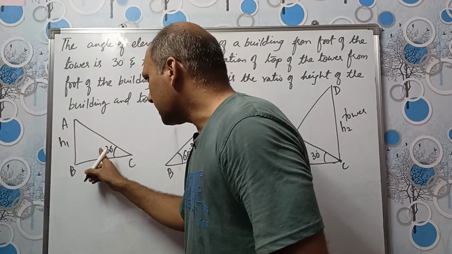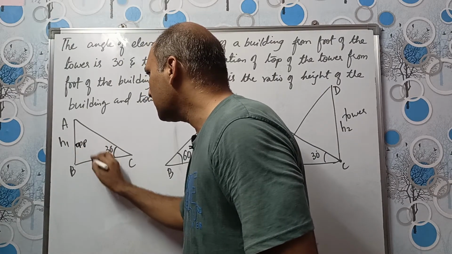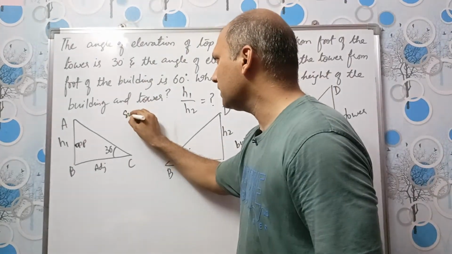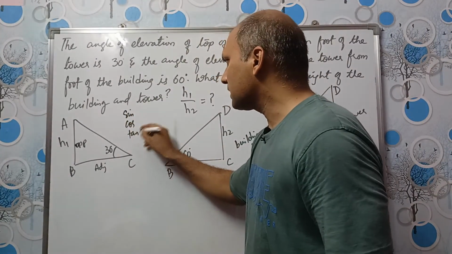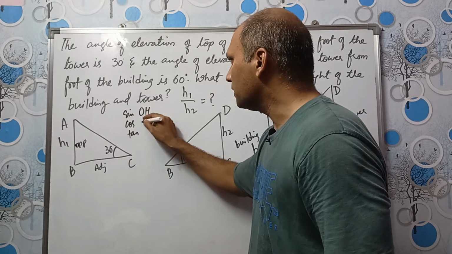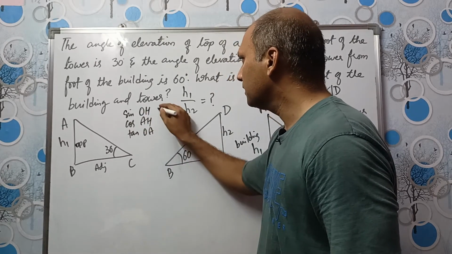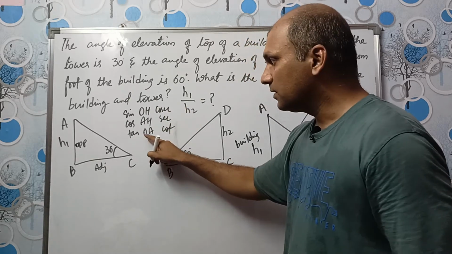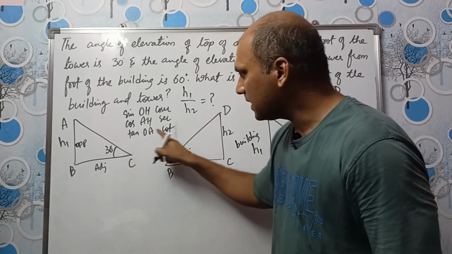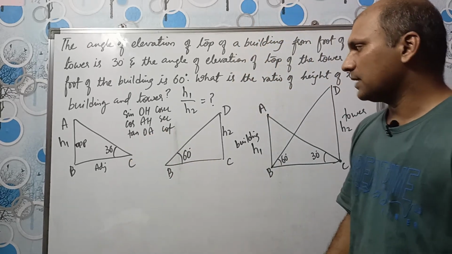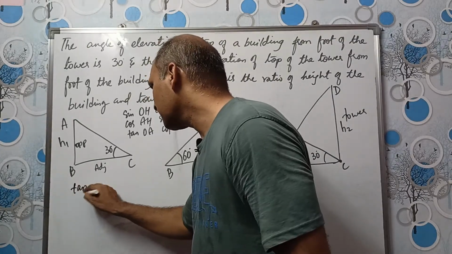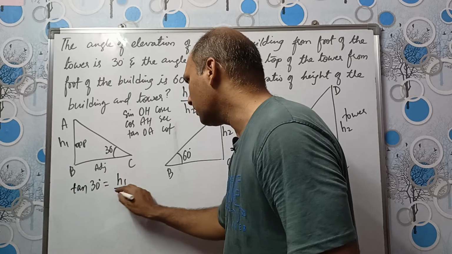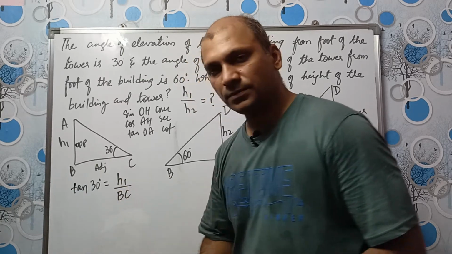So this is the opposite side. Angle is here, so this one will be the opposite side and this one will be the adjacent side. Opposite and adjacent is in tan formula, right? Sine, cos, tan: so it is old hero and his old acting. Cosecant, secant, cot. So opposite and adjacent is in tan as well as in cot. So we can either use tan or cot. So we will use tan. Tan 30 degrees is equal to opposite divided by adjacent. So this is h1 divided by BC.